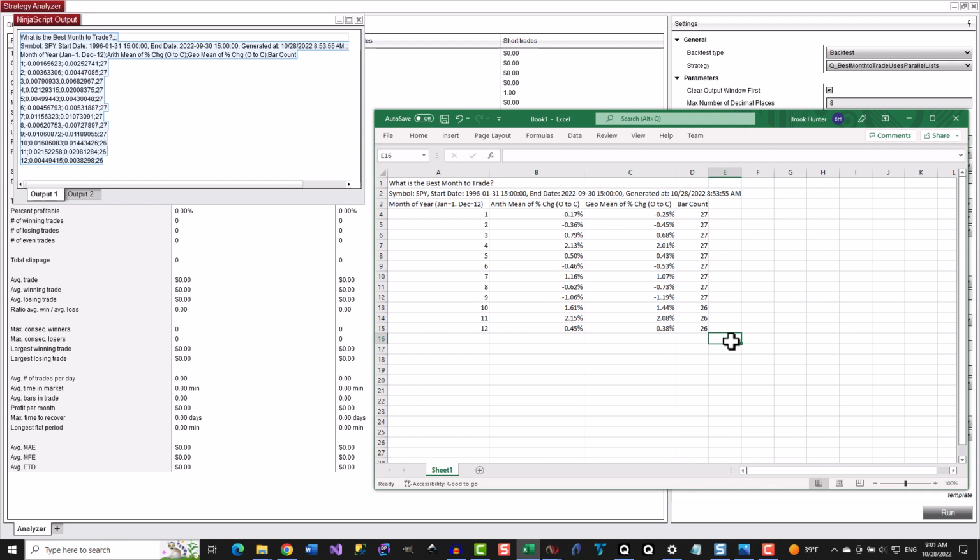This report shows the average percentage change from the open of the first trading day of the month to the close of the last trading day of the month from January 1996 to September 2022. It is clear from this report that unlike September, October and November were two of the best months to be long and two of the worst months to be short over the last 26 years or so.